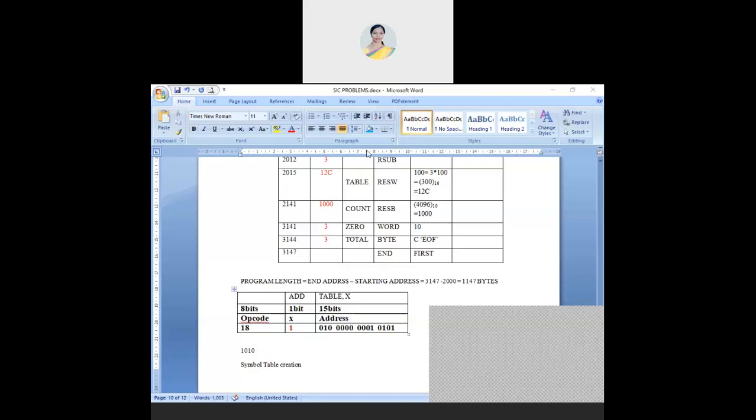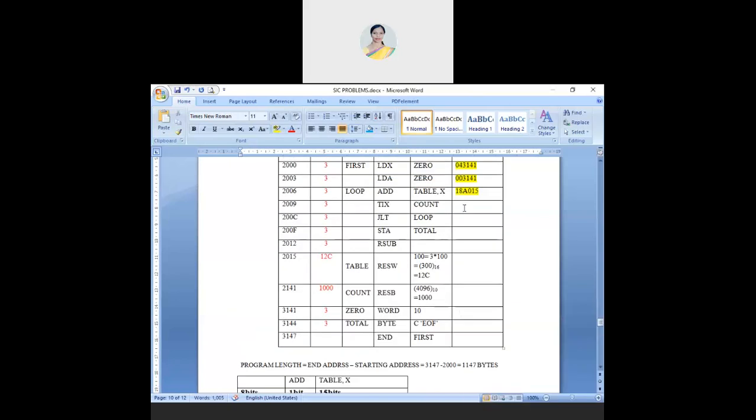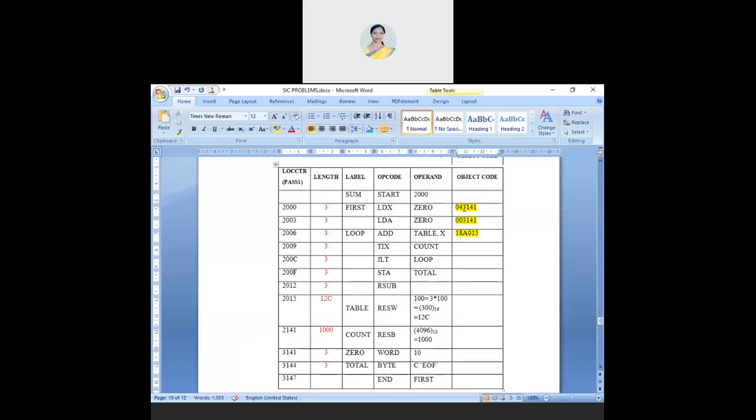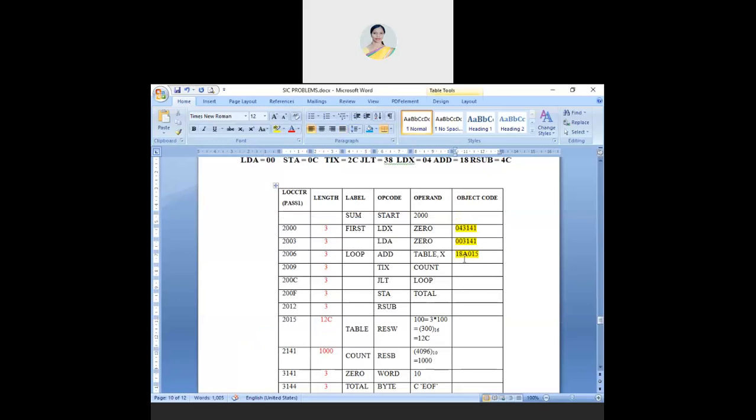Done? Next is TIX. What is the opcode of TIX? 2C. Next, what is the address of count? 2141. Done. What is jump less than, 38? What is the address of loop? It is 2006.